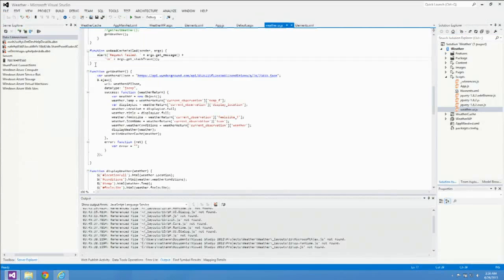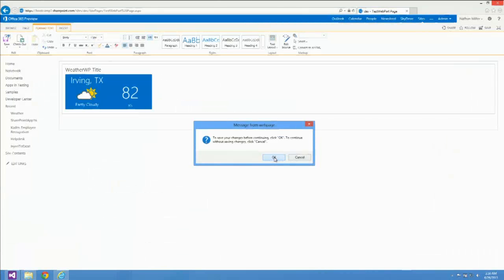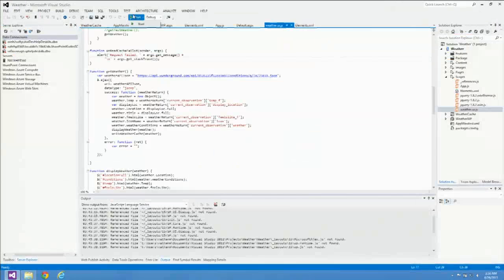One other thing to note, I'll show you real quick, is the debugging. So it's an F5 experience. Regardless of where I'm actually out in the cloud, I don't have to worry about attaching to processes. I can actually just hit this. Let me get off this page. Okay. So if I go ahead and hit Start Debug,